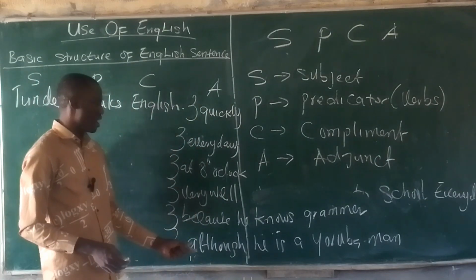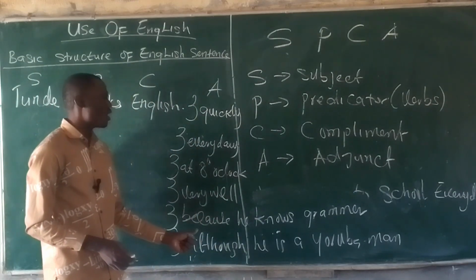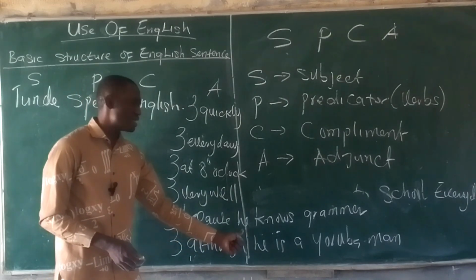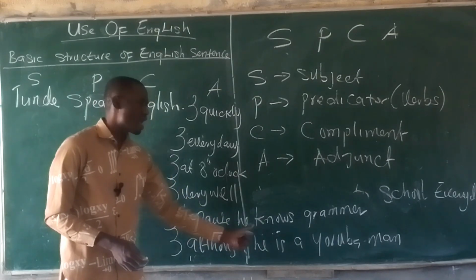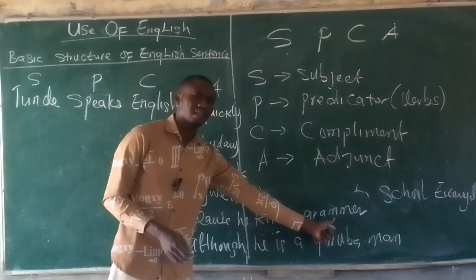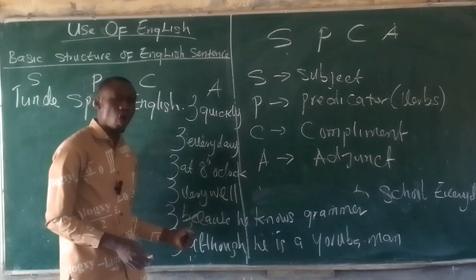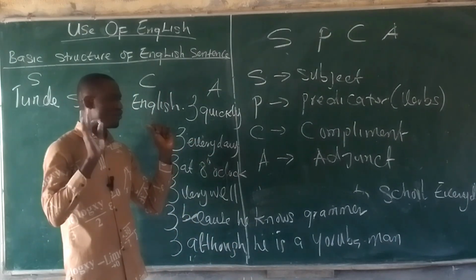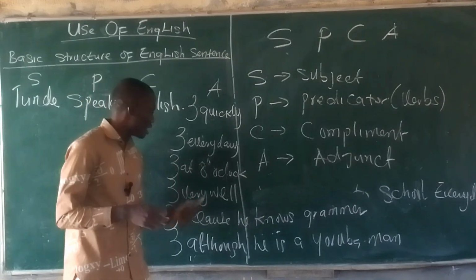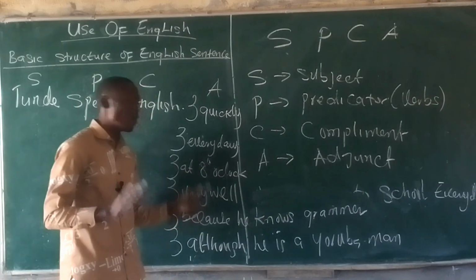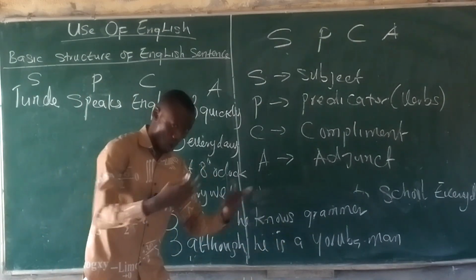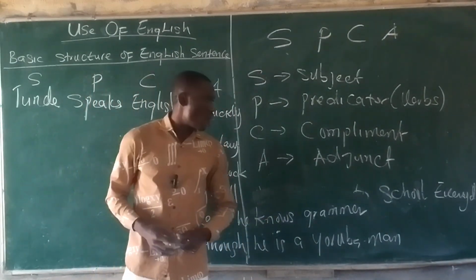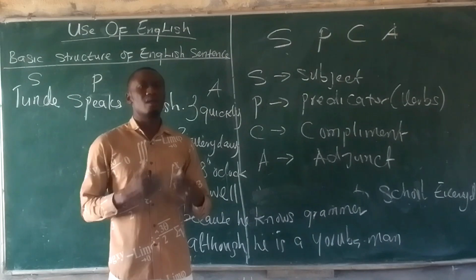Now, we have seen from that adverb, but this is not just called adverb, this is called adverbial clause of reason. You know why? Because it has a subject and a verb. This whole sentence is a clause. Adverbial clause of reason. Adverbial clause of concession. This is just adverb of manner, adverb of frequency, adverb of time, adverb of degree, adverbial clause of reason, adverbial clause of concession. Now we have come to the end of this video, but before we wrap up,